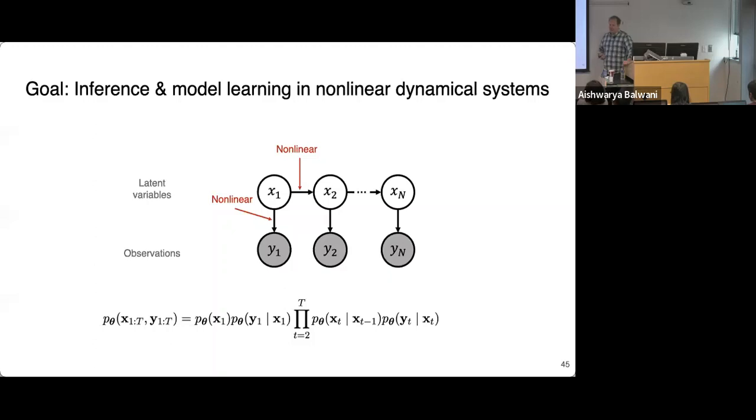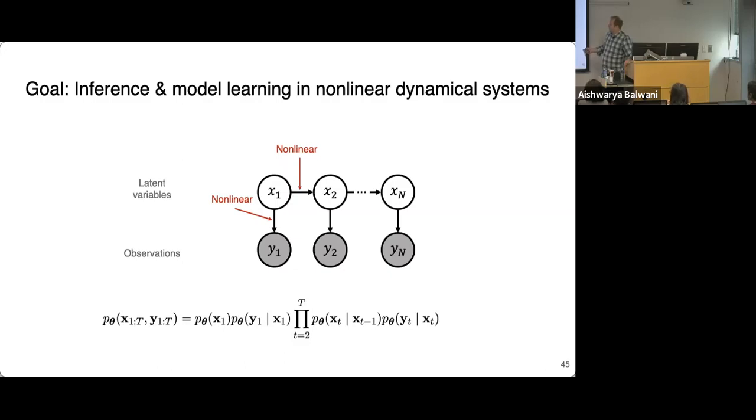In order to do that, we need to do inference, and we also need to learn the parameters of these models, because each compartment is going to have different compositions of ion channels. It's going to have different conductances between compartments. There's tons and tons of parameters that go into a Hodgkin-Huxley model. And also the dynamics of these latent states, the activations of different ion channels, the voltage at each point in time, these are all highly nonlinear in the Hodgkin-Huxley model.